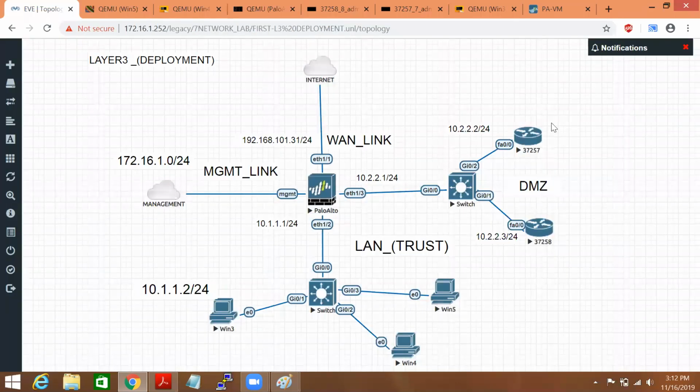The very last thing for today: let's say I configure my management interface and DMZ interface, and I try to ping from LAN to DMZ. Does it ping, or does it allow without any rule? No, it will not be allowed. In order to access my DMZ devices, we'll have to create a policy, create the rule.